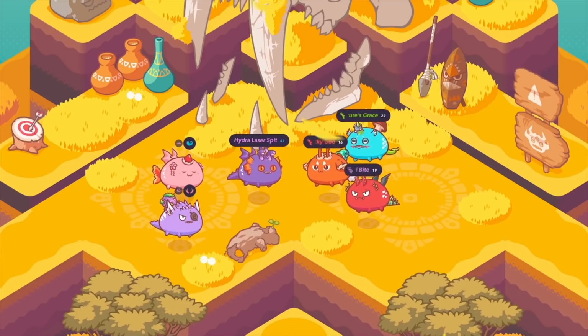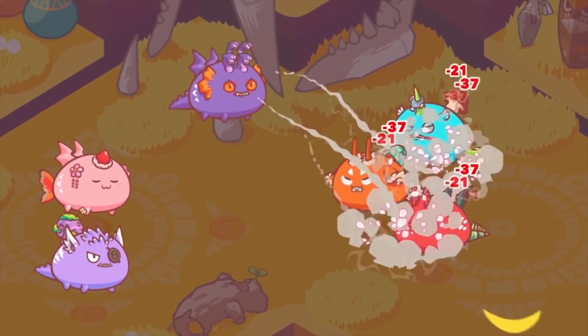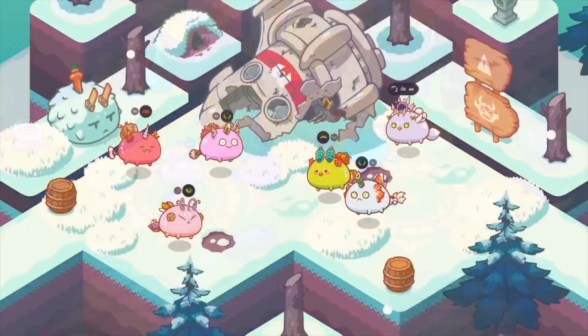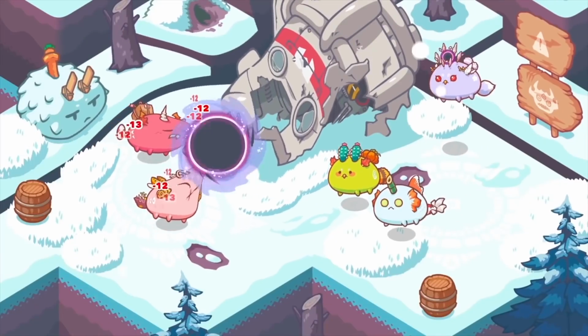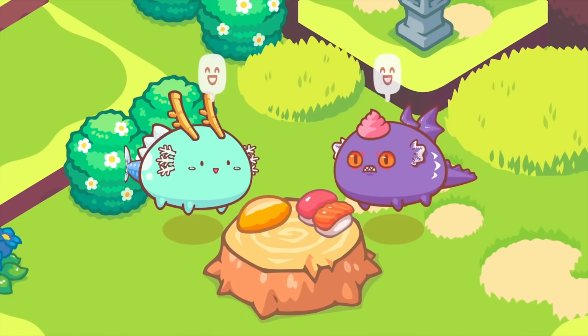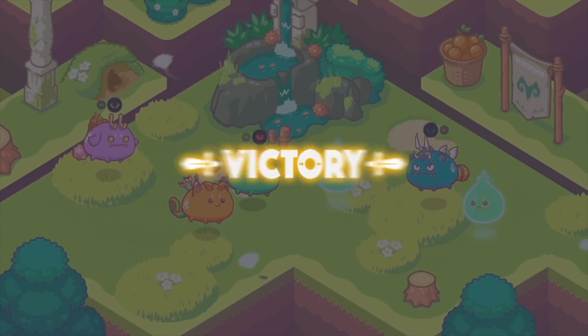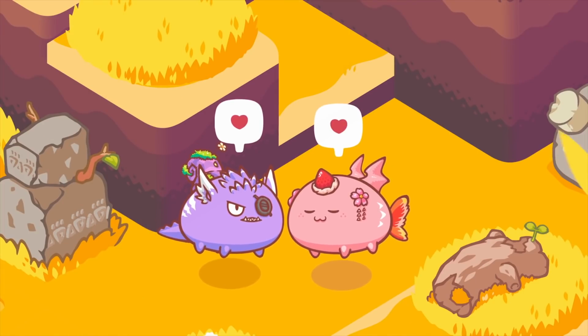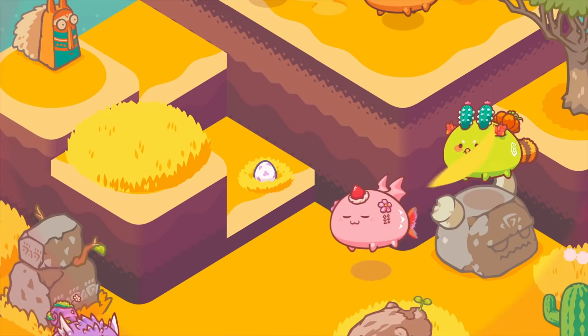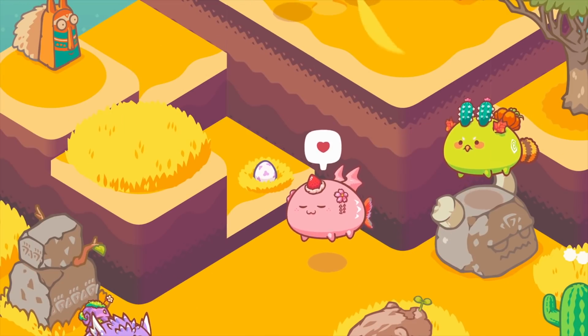By playing the game, you could earn money. You can earn crypto tokens, SLP and AXS, which can be traded for other tokens, aka money. The more you play, the more you earn. And they even leveled up the amount you could make through Axie breeding. Breeding two Axies together, you could make a new Axie, which is an NFT and could be sold on open